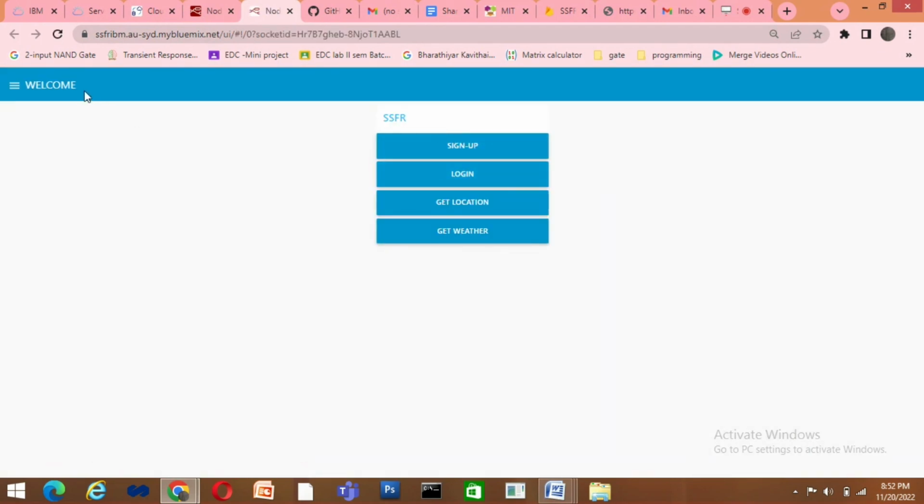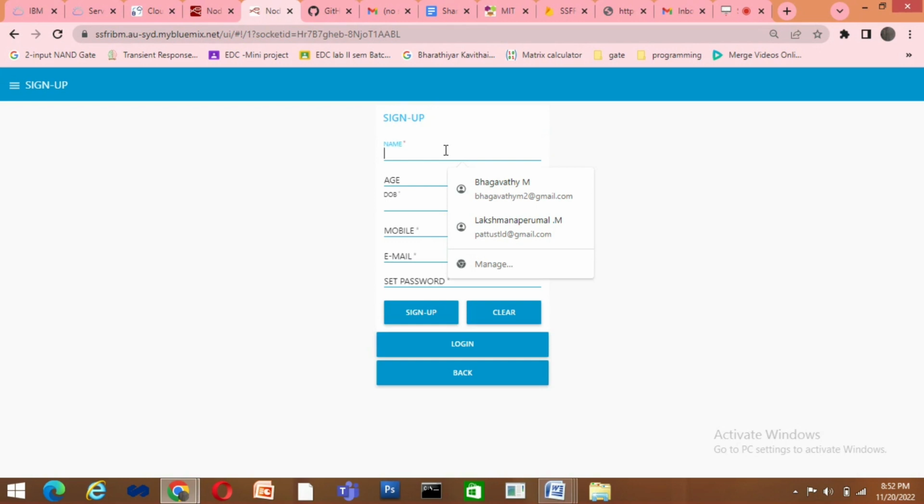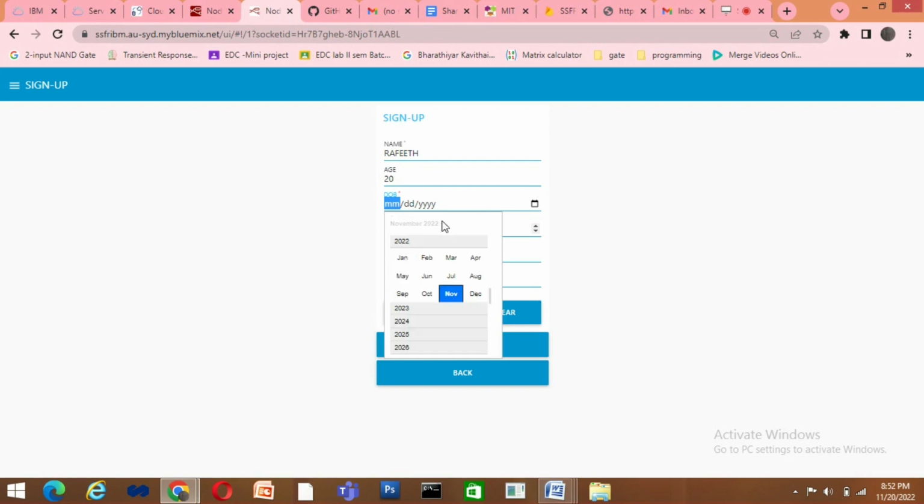So this is the main dashboard of our project, and it contains sign up, login, get location, get weather. Now let's sign up in this application, and now it's asking for the name. I'm going to give my name, age and date of birth. You can easily select the date of birth using this calendar option. March 10,